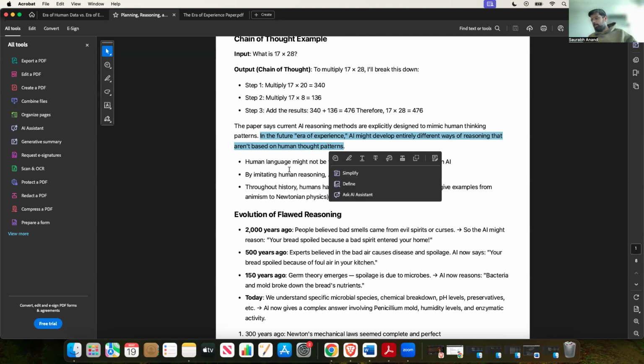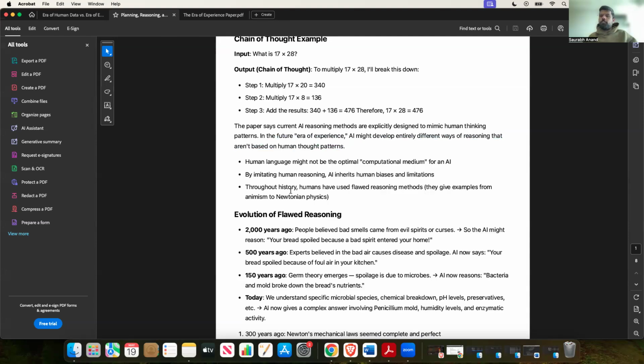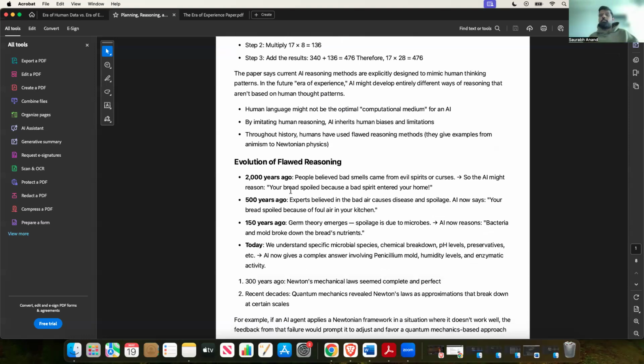Now the paper gives some critiques. What are the problems with this human way of thinking? The paper says that even though the LLM appears to be reasoning, it's deeply embedded in human bias. How humans have thought is deeply embedded in the training set. And again, the same point: if you want to achieve superhuman intelligence, you have to come out of this human way of thinking and learn from the environment to do that. So it points out certain flaws with the human way of reasoning.